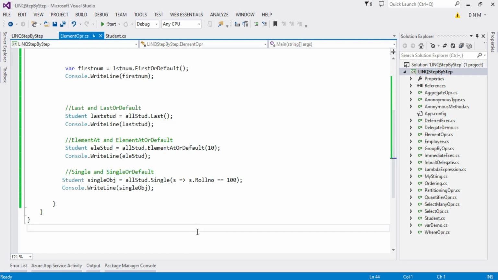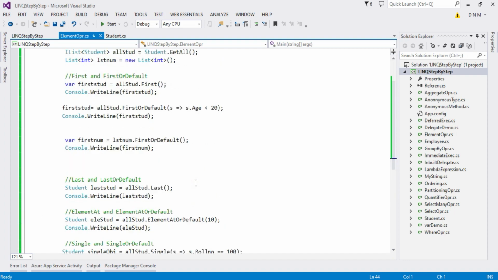Okay. So whenever you are expecting a single output, go for single and single or default. And if you are expecting more than one value, in that case you can go for first and first or default.